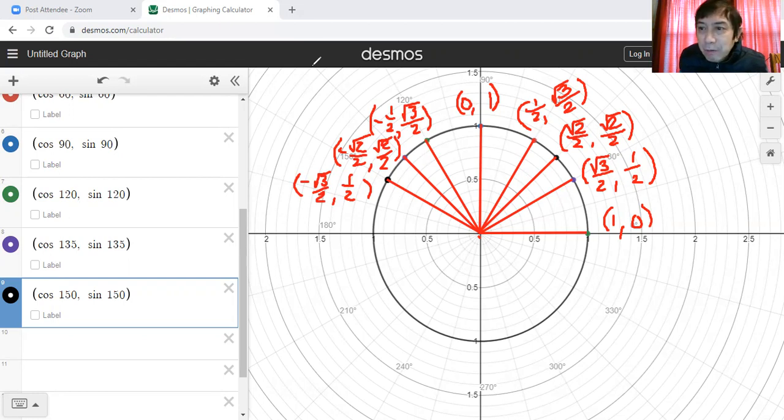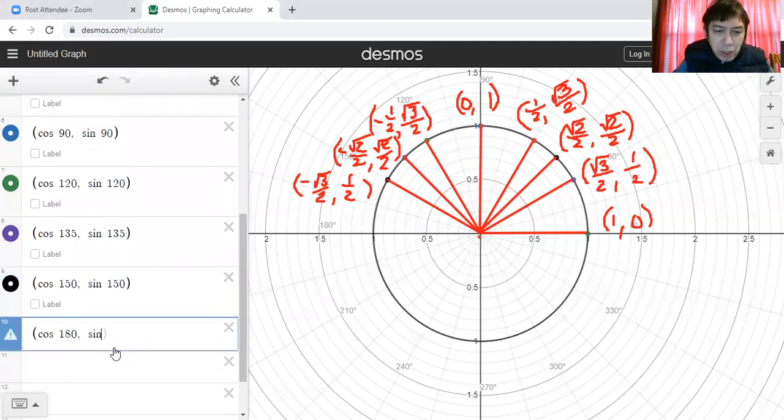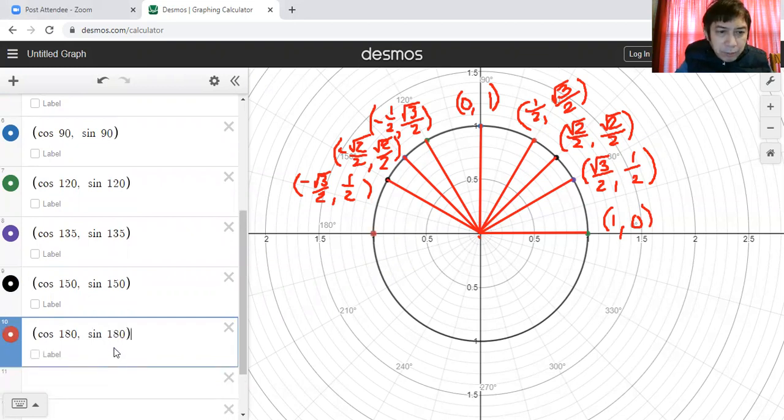All right, next is the function of 180 degrees, which can be found using the unit circle. So this will now be over here. This is now cosine of 180 and sine of 180 there. You can see the light red point, almost pink, along the x-axis left side, and we shall draw the terminal side for the 180